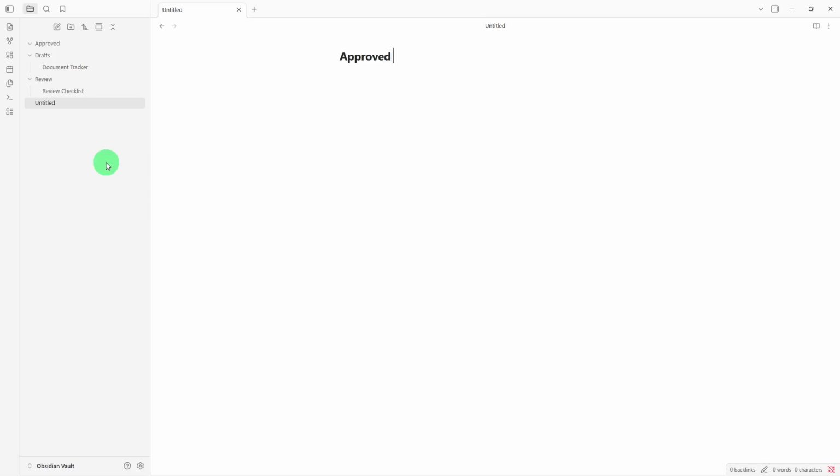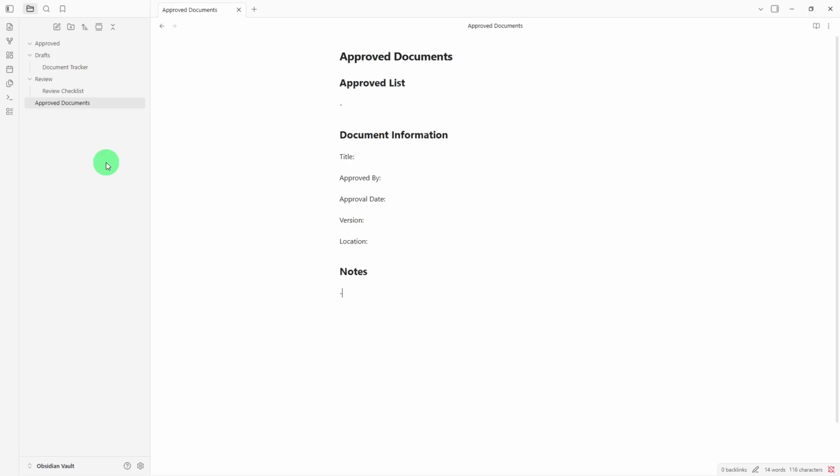Structure it with a Level 1 heading, then an Approved List where you will link to each approved file, followed by a Document Information section with fields for title, approved by, approval date, version, and location. Finish with a Notes section for any additional remarks. This note functions as a permanent record of every approval your team has completed. If someone ever asks, which version of the SOP was approved last quarter, you can open this note and find